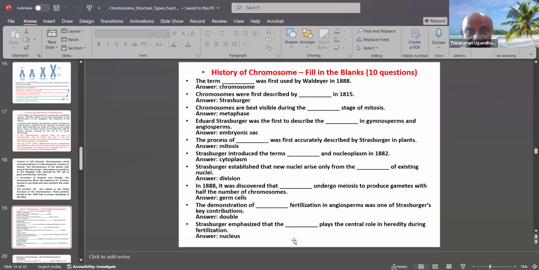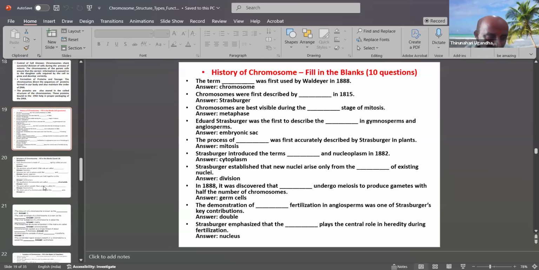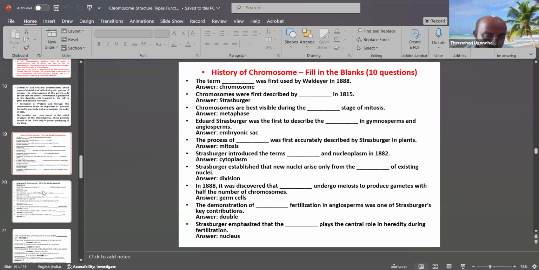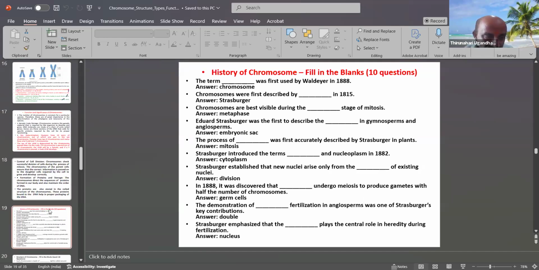Then lastly, what is the history of the chromosomes? Who invented the chromosomes? What are the differentiations of the chromosomes? Based on the history, we are preparing fill in the blanks, which are most important